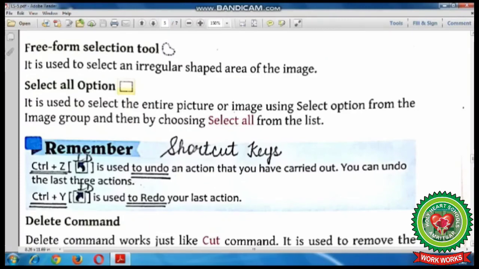Children, on page number 47, in the remember box, the use of two commands, that is undo and redo, is given. First of all, mark the identification of undo and redo command on your book.